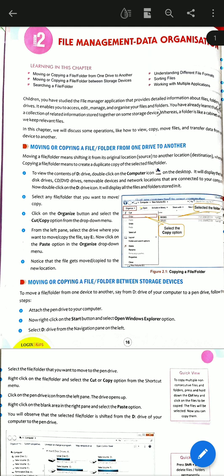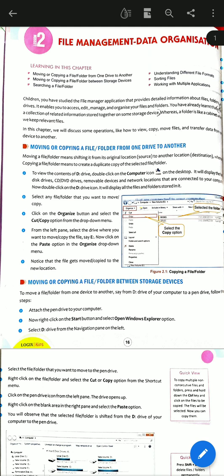Okay, collection of related information means the separate information are stored together to make a file on some storage device. Whereas a folder is like a cabinet where we keep relevant files, and the collection of files we keep in a folder.